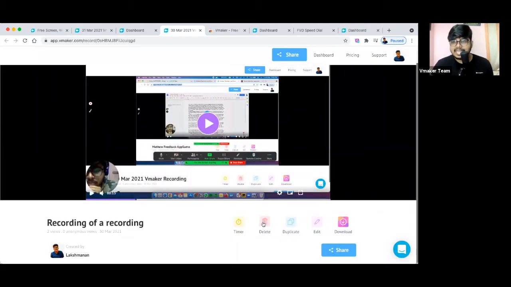Then of course you can delete it and re-record it from the player page again. Don't want to do that now. You can duplicate this recording. For example, you can just adjust the title and then reset the views and then send it to somebody else. And of course you can edit. So edit option right now, we have a